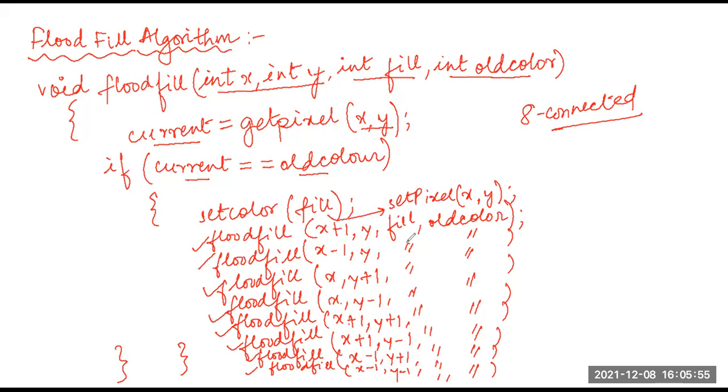Earlier, the boundary fill algorithm was not working for differently colored boundaries. But this time, with the flood fill algorithm, it works perfectly even if a polygon has differently colored boundaries, because it doesn't check whether my current pixel value matches the boundary or not. It only checks whether my current pixel is already filled with my color or not. If it is not filled with my color, it will fill it with the color I want.